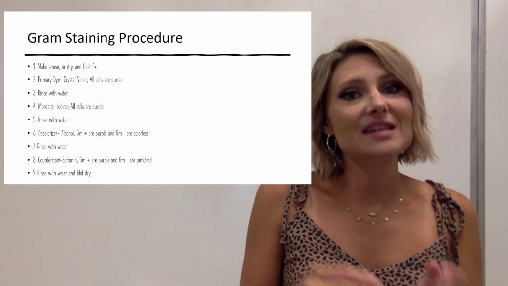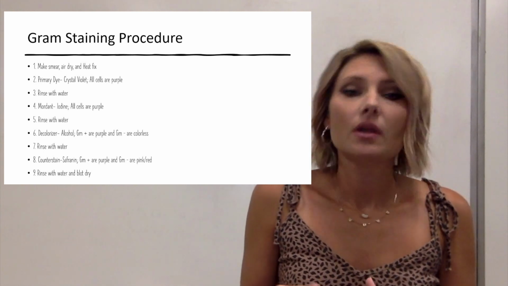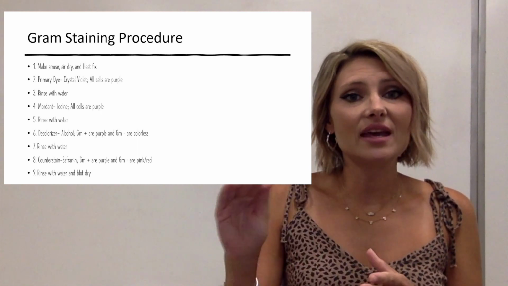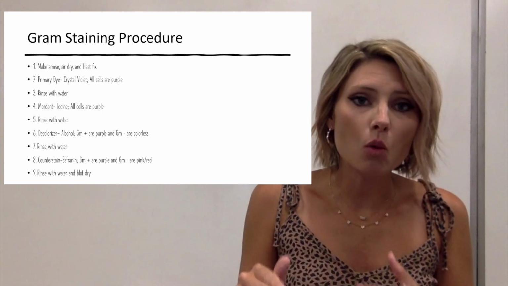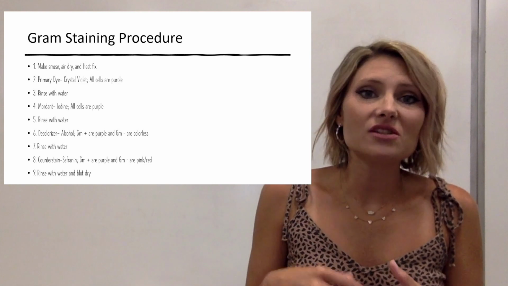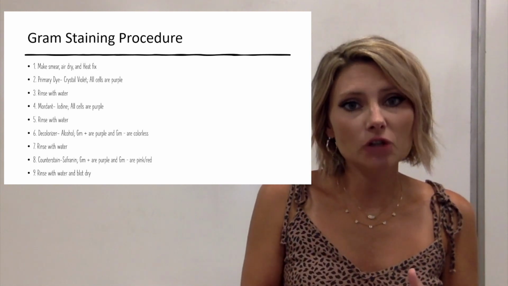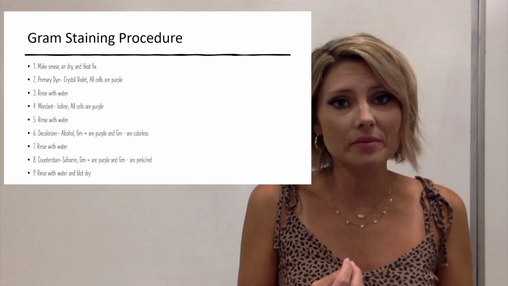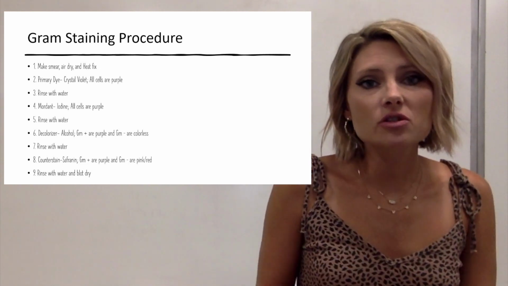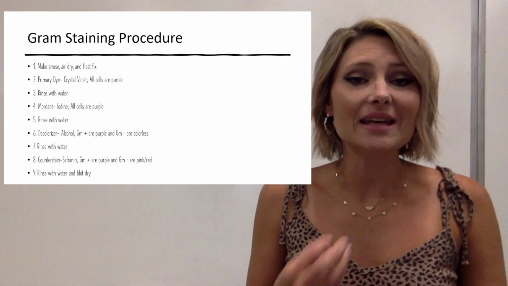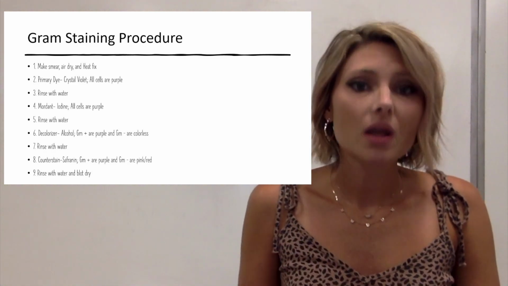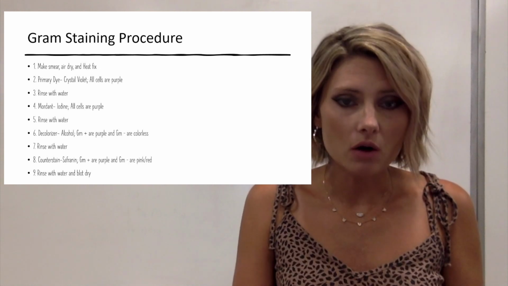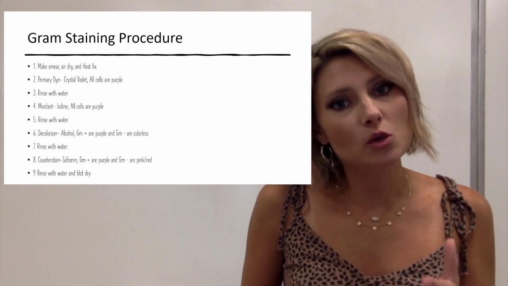So we are going to be taking the color out of something. Since gram-negative cells only have the thin LPS layer and a thin cell wall, as soon as you hit the cells with the decolorizer, the color is going to come out of the gram-negative cells. Now, the decolorizer in the gram stain is 95% alcohol. So we are going to rinse the smear with alcohol, and immediately the color is going to come out of